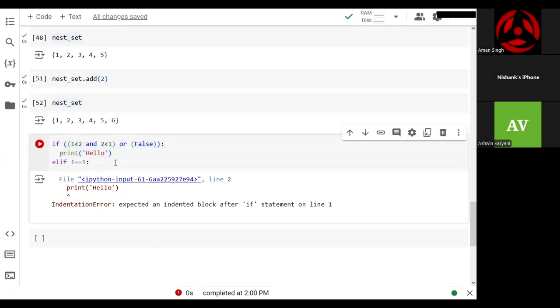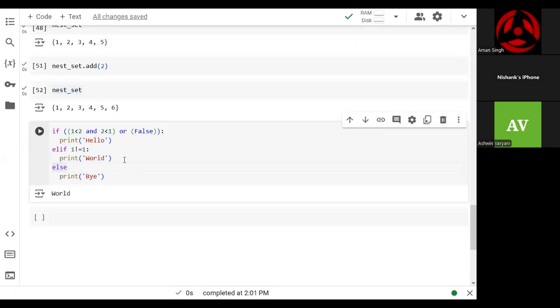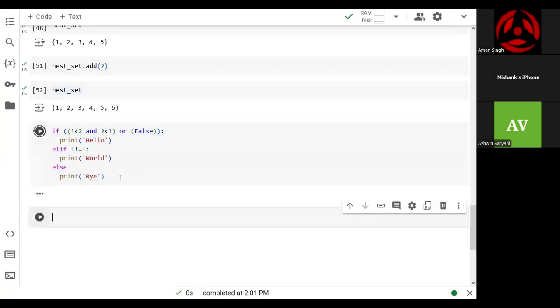So let's say you can see here in the if statement, we have this condition, which is falsified. This one is also falsified. So it will not print hello. But we have used one more condition here which will be falsified because 1 equals to 1 is equal to 1, and we have used a not equals to operator here. So both of these conditions will fail and it will eventually run the last block of the if statement, which is else. Now if I run this part,